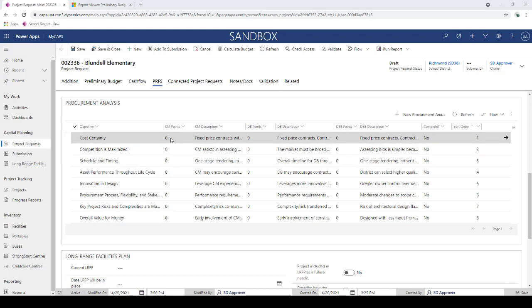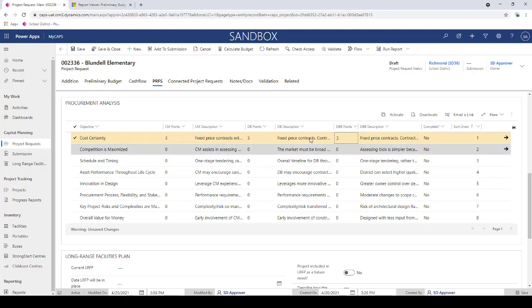And the way that I do that is I simply click under the points in the points field next to the objective I want here, and it allows me to select a drop down here, and it allows me to allocate those 0 to 3 points. And keep in mind, for any given objective, you can set the same amount of points if appropriate. And then once I've allocated points there, if everything else is correct with the description and so on, I then would just flip this